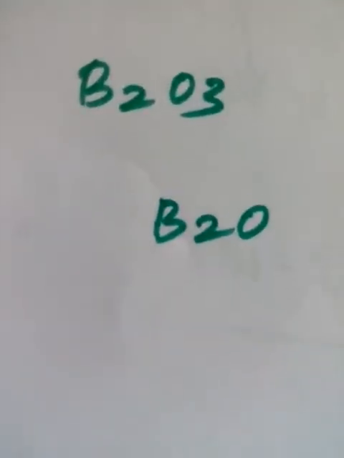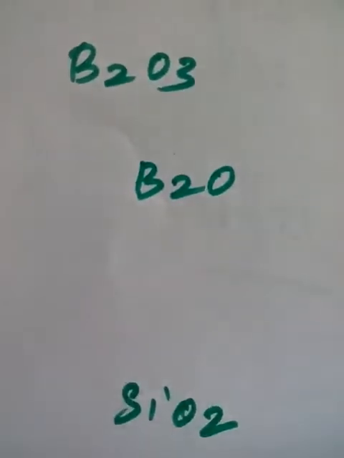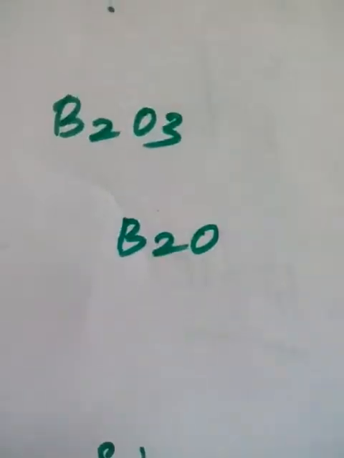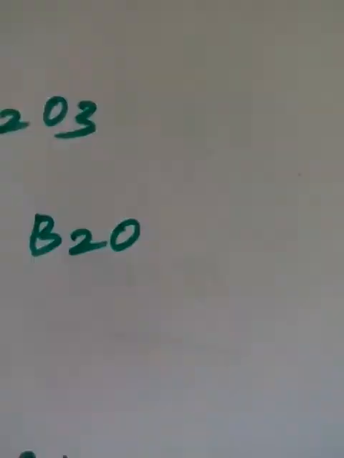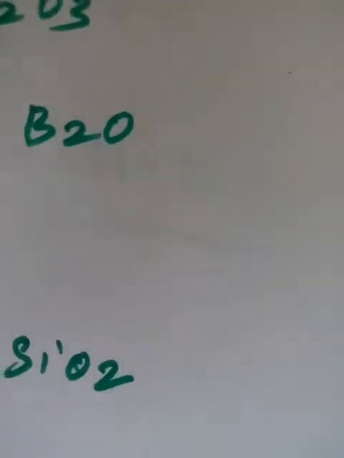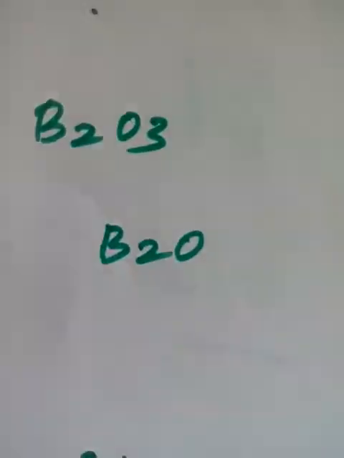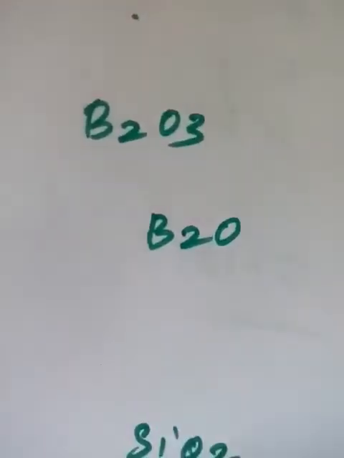First let me tell you what acidic in nature means. If something is acidic, then it should react with water. If an oxide has acidic character, it should react with water to give you the acid, or it will react with a base and give the salt. These are the two ways we can confirm whether something has acidic or basic character. So here both are acidic oxides.